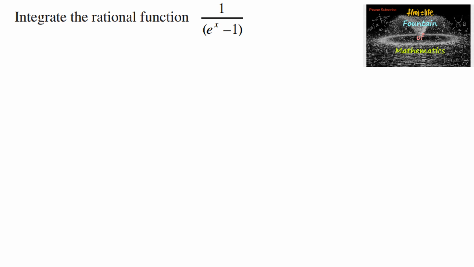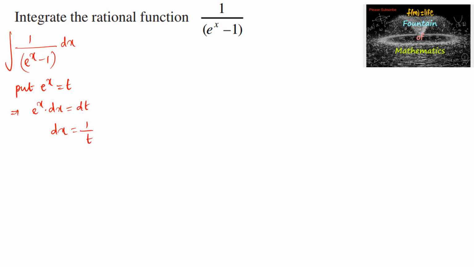Integrate the rational function 1 upon e power x minus 1 dx, which is equal to, or let us solve this by substitution method. Put e power x is equal to t, so we can write e power x into dx is equal to dt, or dx is equal to 1 upon e power x, that is t, dt. So our integral can be taken as dx is 1 upon t dt divided by e power x minus 1, that is t minus 1,